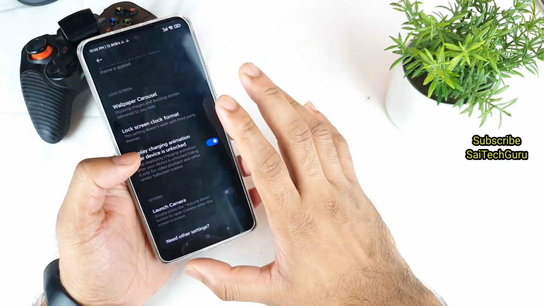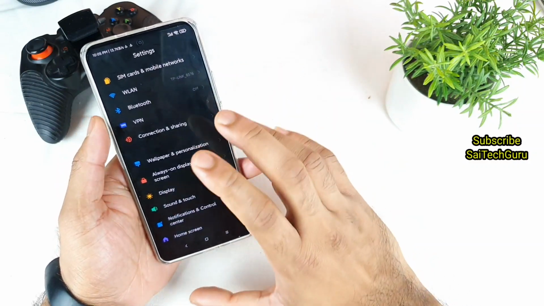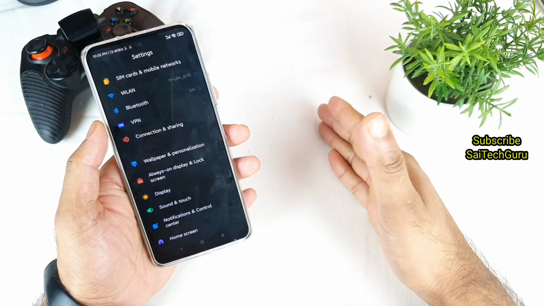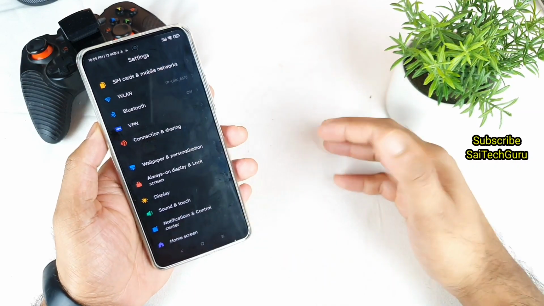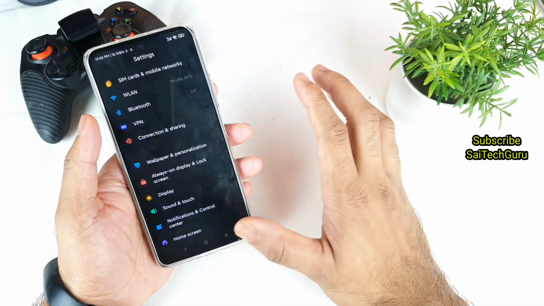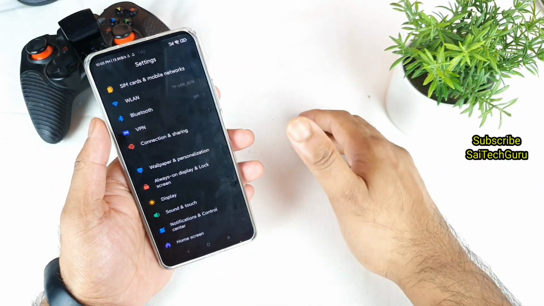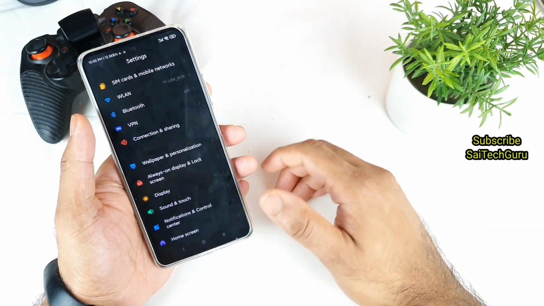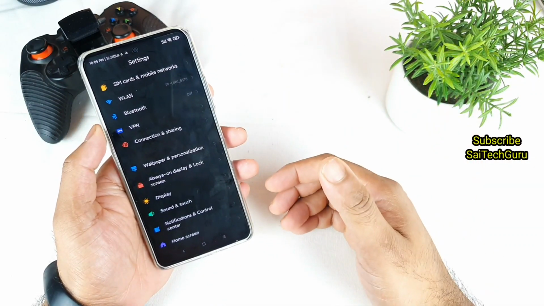I did read a couple of articles online after researching a lot, and the same green tint problem has happened in plenty of other smartphones previously, such as OnePlus smartphones. Some of them did advise using a lower refresh rate, and then the green tint problem went away. I'm not sure whether it will work or not, but you can just give it a try on your device in case you're facing that kind of problem.